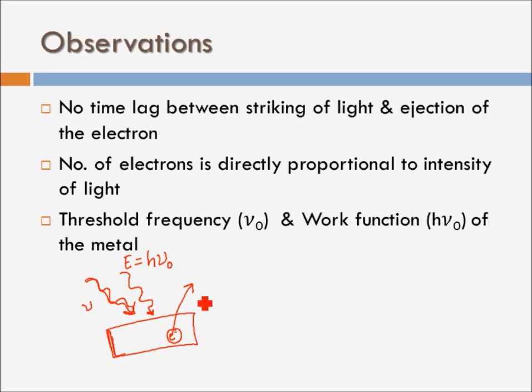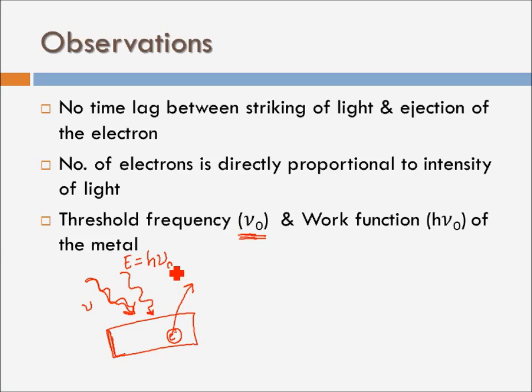For each metallic body, this threshold frequency can have a different value. We don't care what the value is, but we know that every metal will have some threshold frequency, and hence some minimum energy h into nu naught required to eject the electron. If the energy of incident light is below this threshold energy, then the electron will not get ejected even if you keep on striking the light for a complete day or a complete year. But if the energy of incident light is greater than this threshold energy h into nu naught, then the electron